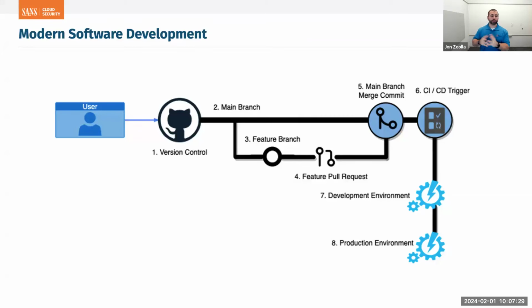So if you've written code in the last few years, you've probably followed a pattern similar to this, right? So starting with number one here, we've got version control. In most companies, and by most companies, I mean 90-something%, it's going to be Git based. So that's what we got, GitHub and Bitbucket and GitLab and all of these really popular version control systems, mostly going to be Git based. And Git has a concept of branching, and typically you'll have what's called a main branch. You can see that here. That's where all of the code that is ready or done should live.